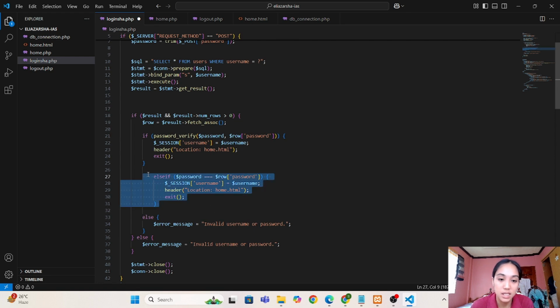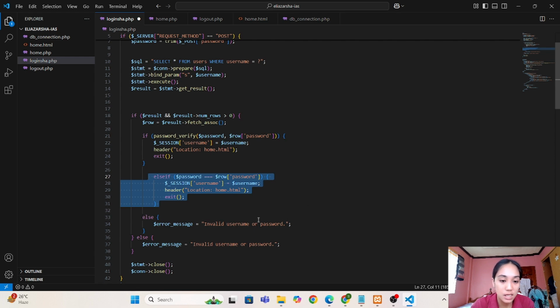So, I use this. Plain text passwords are risky. So, always hash passwords using password hash when storing them. Pero, ginamit ko po ito kasi hindi po nakahash yung password ko sa database.